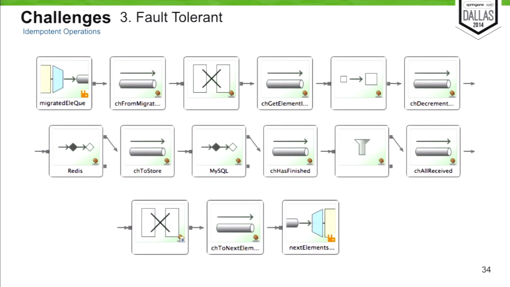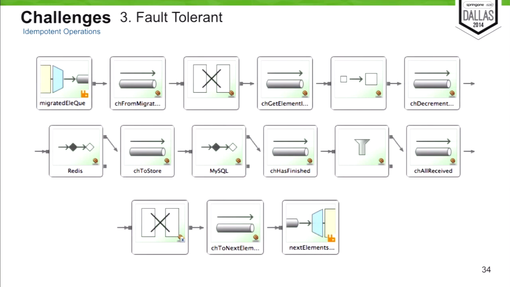The last challenge, and maybe the most important for our architecture, is related to fault tolerance. This is a flow in Spring Integration. After adding Redis, another problem arose for us: we had flows with as many third-party system operations as third-party systems we have. I mean, for example, in this flow, we have Redis and MySQL in the same flow. So what would have happened if there had been an error in MySQL and the message was requeued?